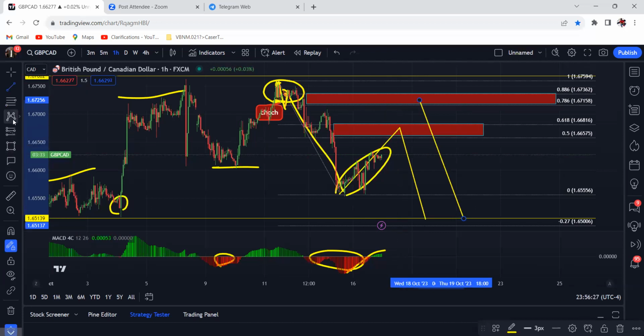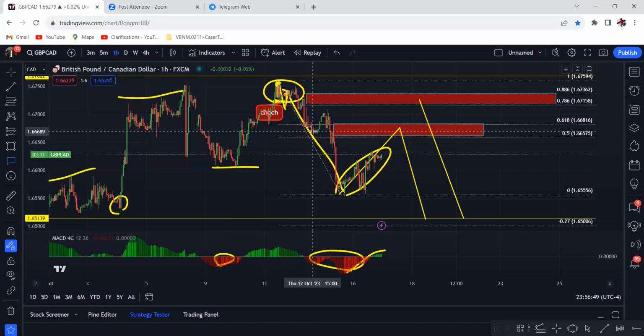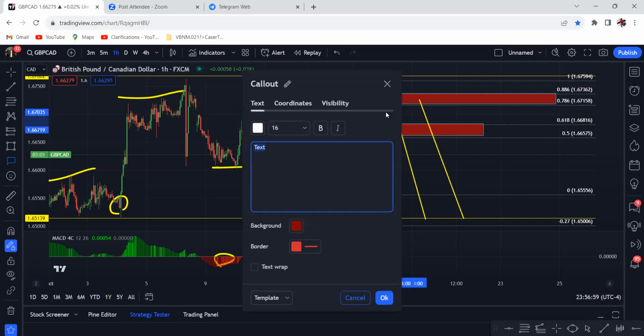And then what do we do once price gets inside the zone? I drop down to the smaller time frame and I wait for my sequence. The same way on this 1 hour, price pulled back, I drop to the smaller time frame and I wait for the sequence. I want to wait for a change of character. I want to wait for a retest, and then I want to look to jump in for my buy or sell.